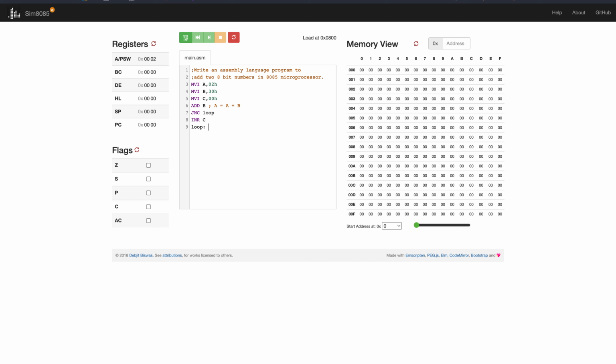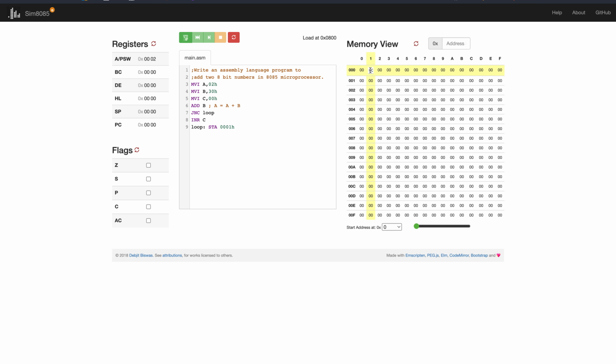If no carry, then we just have to store the value to the appropriate memory addresses. So I am storing with STA. STA stands for store at address. Store to address, STA. 001H was the address. So here it will be stored at 001 and